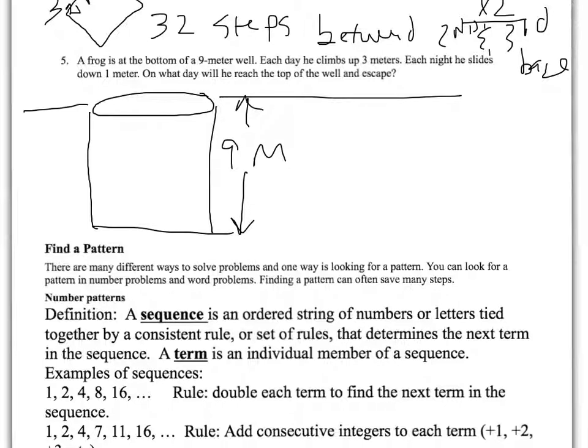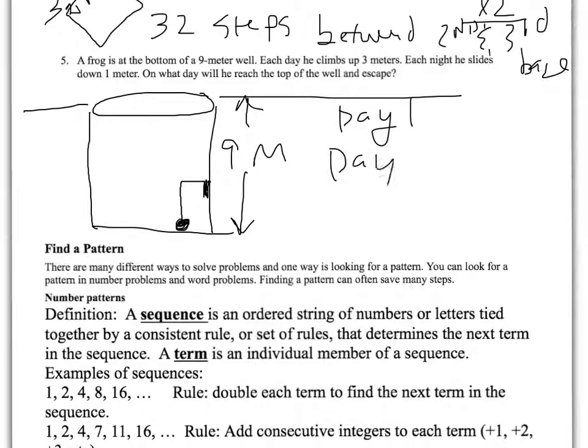So we have a little frog. I'm not going to draw a frog. I'll draw a little circle right there. 9-meter well. So each day he climbs 3 meters up. In each night he slides 1 meter down. So the first day, going to go up 3. But that night he's going to go down 1. Okay, so day 1,